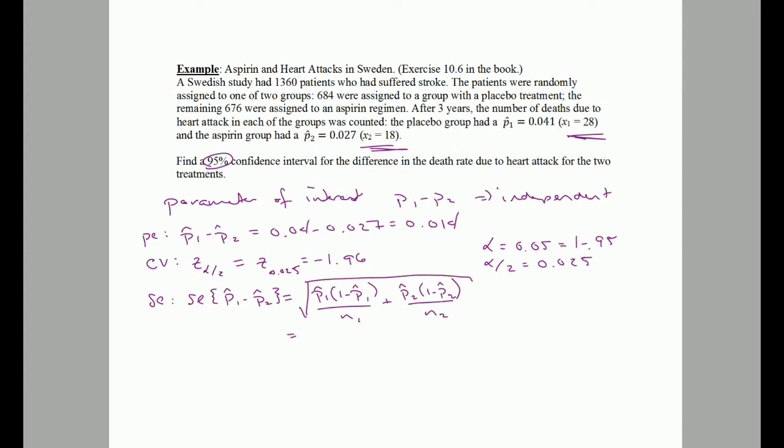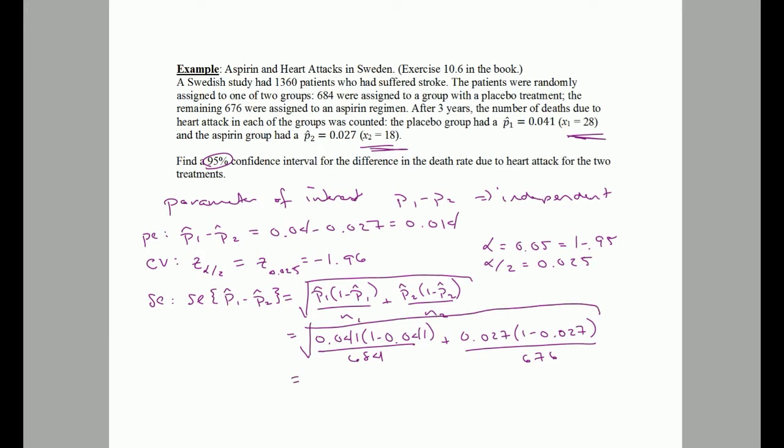And when we plug in the p1 hat and the p2 hat that we had from our problem provided, we're going to have 0.041 times 1 minus 0.041 divided by 684. So this is the contribution to that variability from group 1, but we also have variability due to group 2. So that's going to be 0.027 times 1 minus 0.027 divided by 676. And working all this out, we get